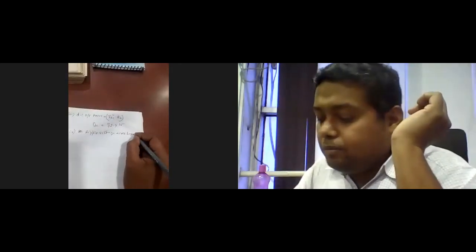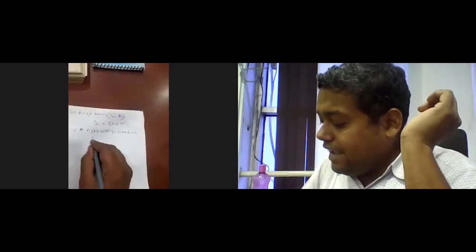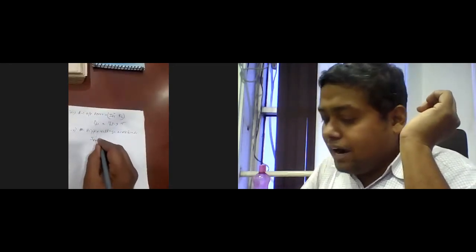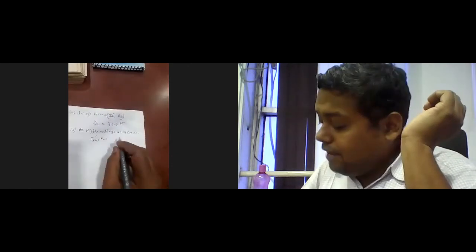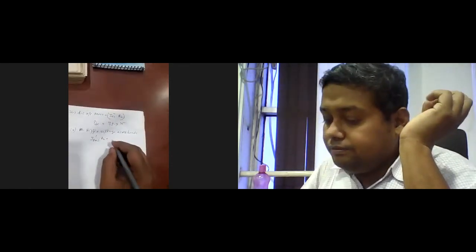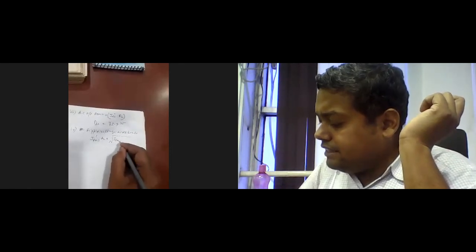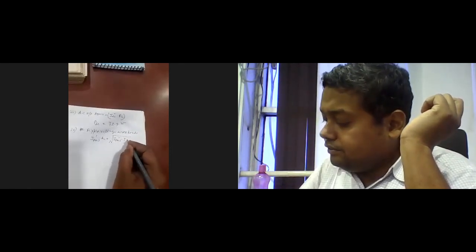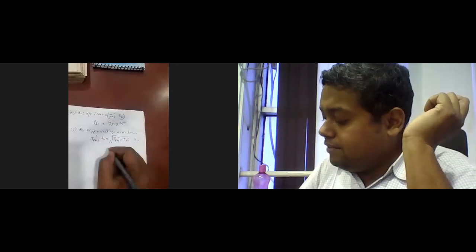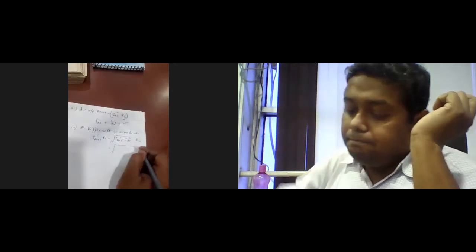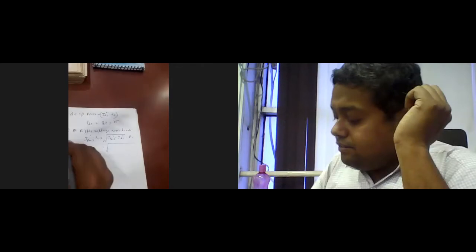So ripple voltage across the load. What is the value of ripple voltage? The value is IRMS prime into RL. What is IRMS prime? Can you define IRMS prime? IRMS square was already discussed in the last day. This one, what is the value? What is the value of IRMS for a full wave rectifier?